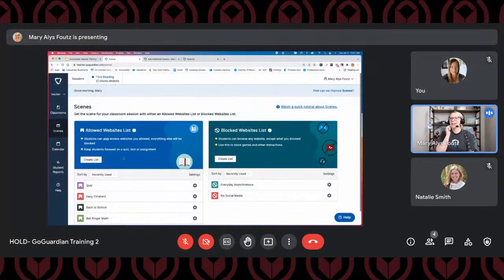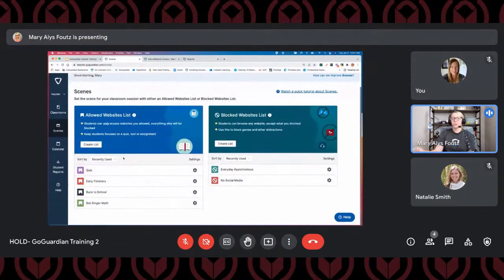All right, we're going to start on the allowed website list side. Allowed website lists are very restrictive in nature, meaning everything on the internet is going to be blocked and only what you allow will be allowed. So students only have access to the websites that you have allowed and said are okay. Great ways to use allowed website lists: anytime that you're quizzing or testing, or it's a certain block of time or a certain assignment where you know exactly what you want the students to be focused on,